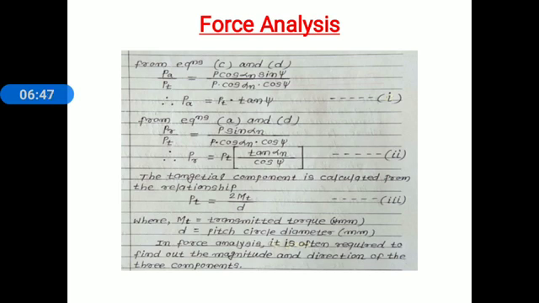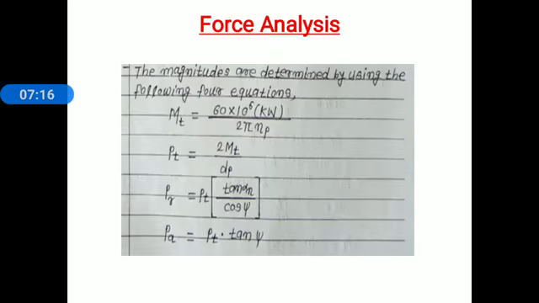circle diameter. Now remember one thing: when we do the force analysis of any type of gear, two things are very important. First thing, find out the components of the resultant tooth force. And second thing, the direction of these components. Now the magnitude is known to you. Using these four equations we get the magnitude of the tangential, radial and axial force.